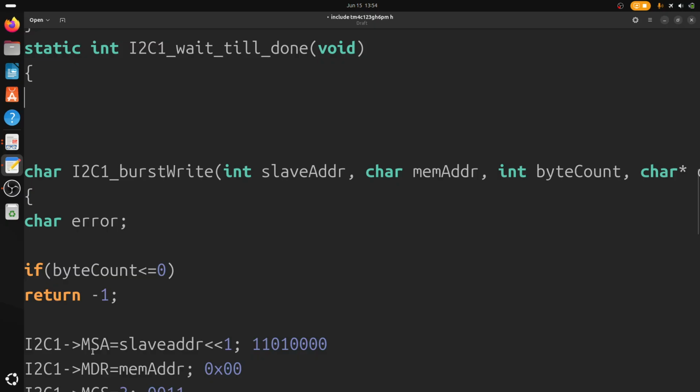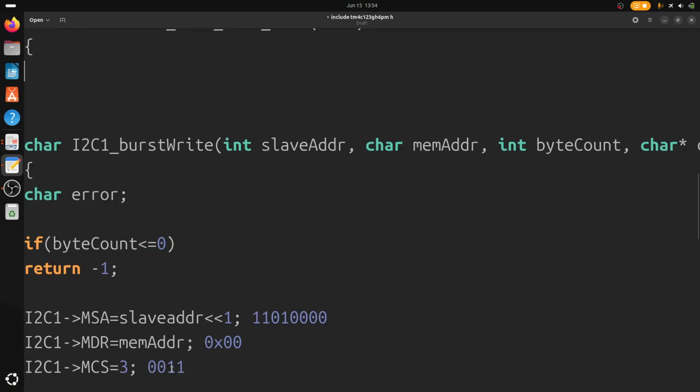As the transmission is already started here, because this bit is the start bit, and the start bit is set, that means transmission will start. Transmission start means transmission is going on, that means the bus is busy. The bus is busy means transmission is going on in transmitting the data. So as transmission is going on, the bus will be busy. So we will say while the bus is busy,